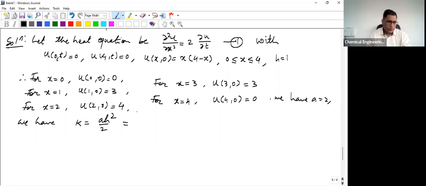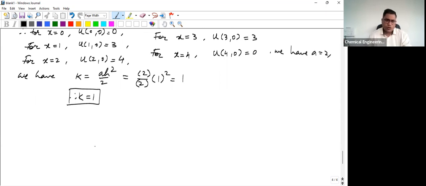Then what this term will be? 2 by 2 into 1 square. So this h is going to be 1, so we can have this is going to be 1 again. So we got k is equal to 1. Okay, we have h is equal to 1, k is equal to 1, and then these initial conditions. So what we can have is, hence we get